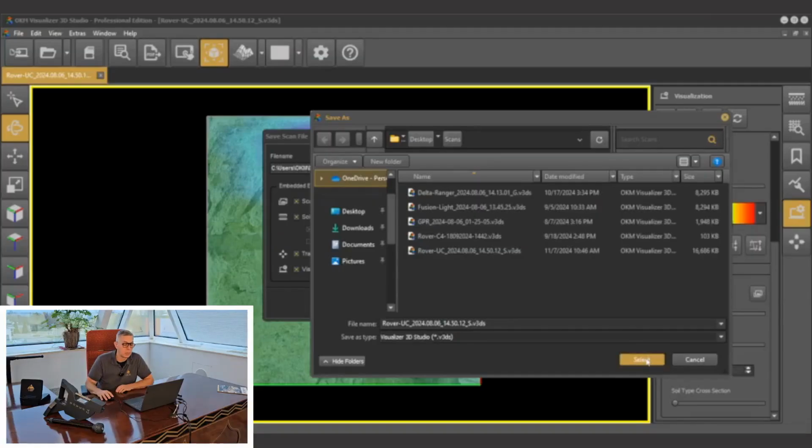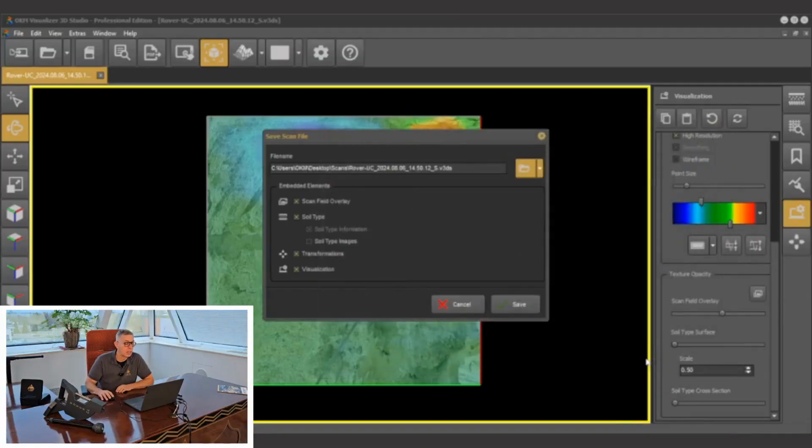I think this is very important: once you have a scan and you've made the alterations, give the scan a new name. When it has a new name, then the original data has not been altered. You are saving the file as a new file with a new name. So in the event that you need to go back and access the original data, you can see the original data. Over here, I'm going to click on Select, and then I'm going to click on Save. Once I click on Save, then that dialog box will then be